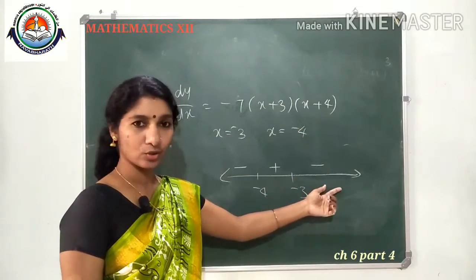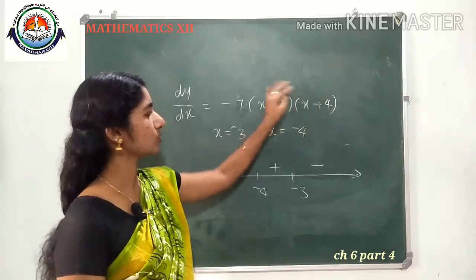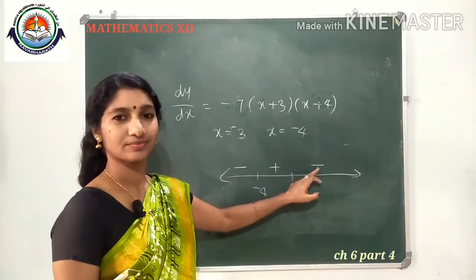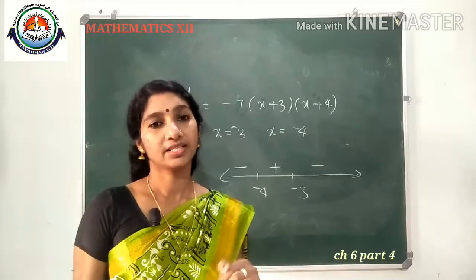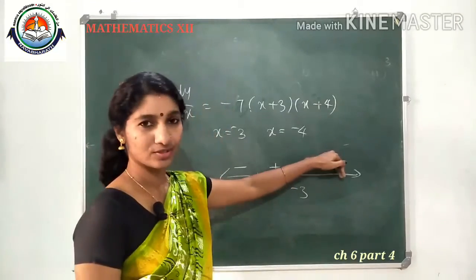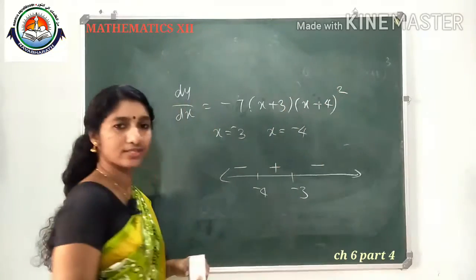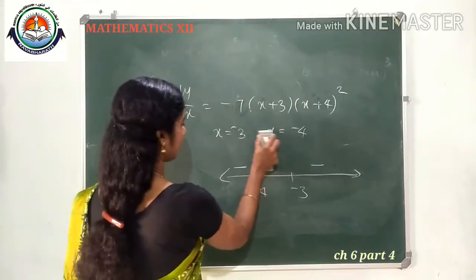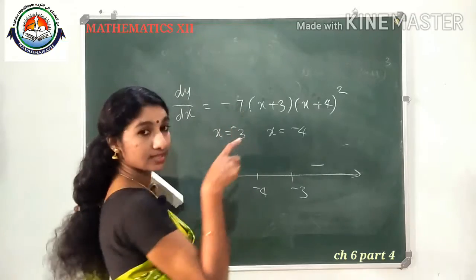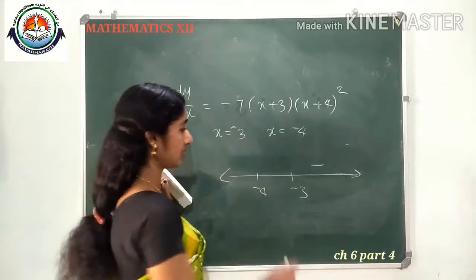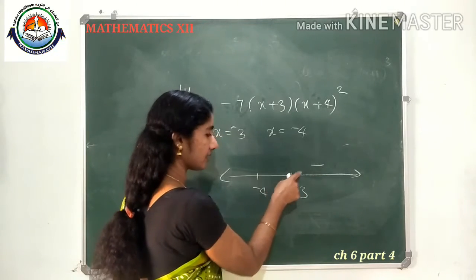After minus 3, put 0. 0 is there, no? So put 0 here. 0 into (0 plus 3) into (0 plus 4), these two are positive. Positive into negative, we will get negative. Okay. So shortly how we will think? We will check the coefficient of the highest degree term. If it is positive, start from positive, then alternate. Okay. Suppose here (x plus 4) whole square is there. So what will come? Here usually minus 7 is the highest degree term's coefficient, so it starts from negative. Then at minus 3 it will cross.